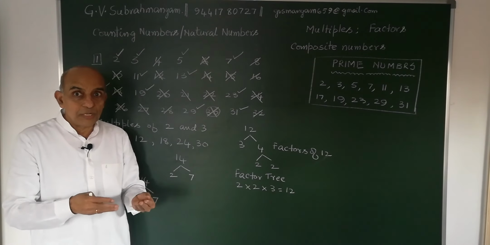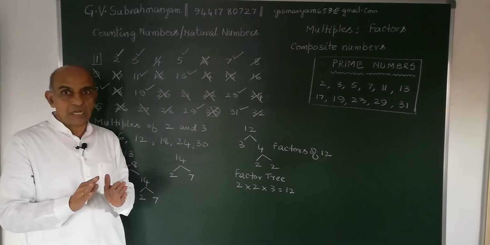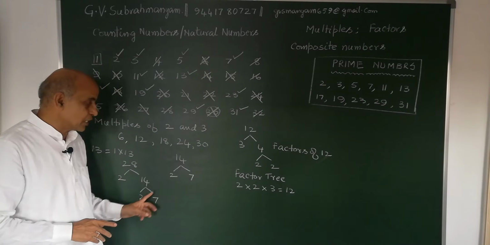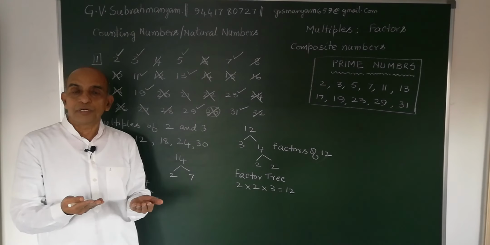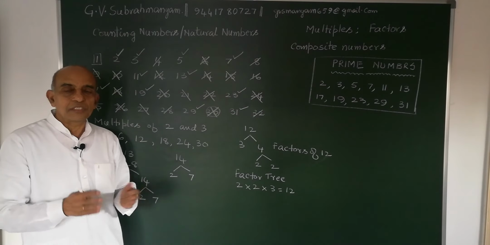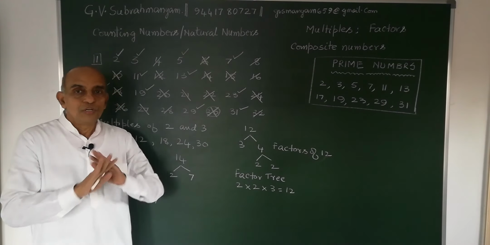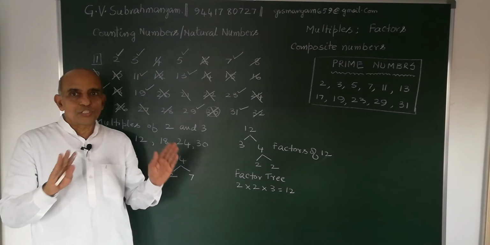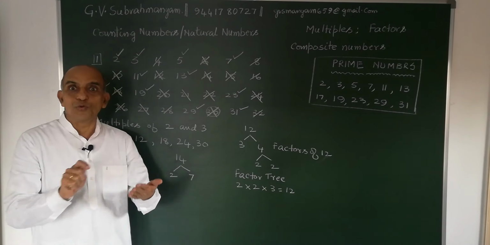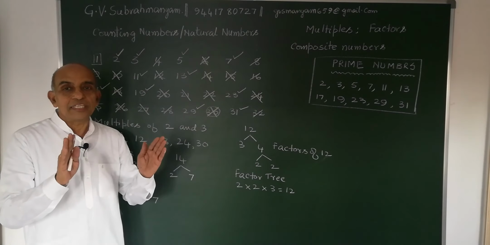What is a composite number? If it has a factor other than 1 and the number itself, if it can be factorized like this, then it is a composite number. So you remove all the composite numbers and what remains is the prime numbers. So you do it yourself, don't look anywhere, don't ask your parents, don't search in Google, and try to find out all the prime numbers less than 100.